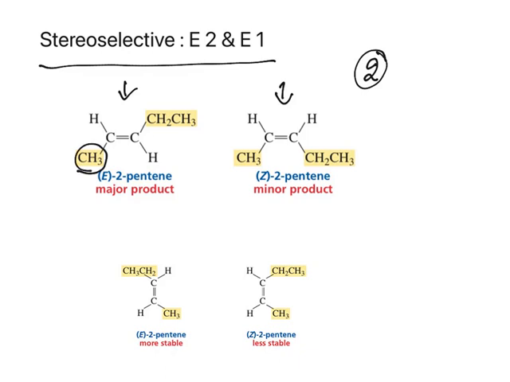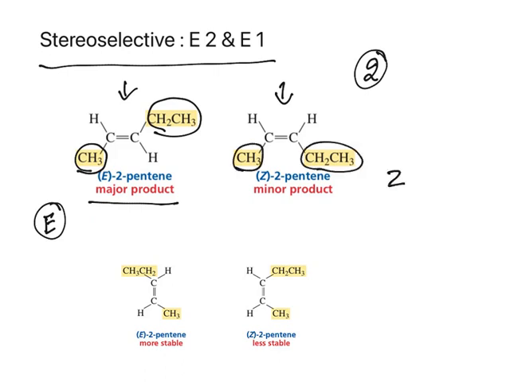If both the bulky groups are present on opposite planes, it is known as the E-isomer, entgegen, a German word. Entgegen means opposite. Whereas both the bulky groups on the same side, it is known as zusammen, meaning on the same side. On the same side, there is again steric hindrance. Steric factors will come, and this one is not the preferred one. It is the minor product. The major product is always this one.